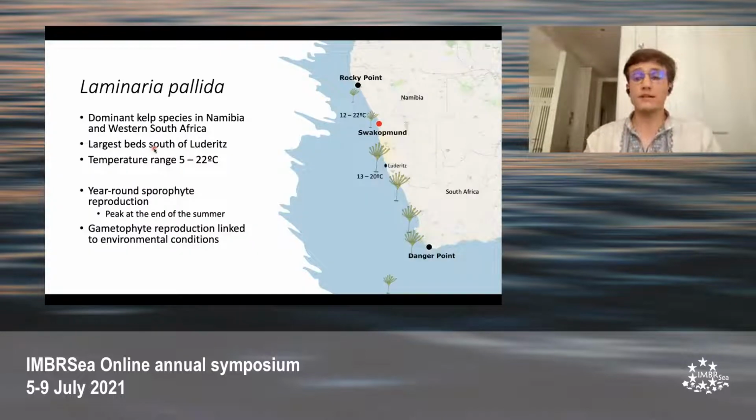So Laminaria pallida is a habitat-forming species and the dominant kelp species in Namibia and Western South Africa, with distributions ranging from Rocky Point in the north to Danger Point in the east, and it's also found in some places in the Southern Ocean. As a result, the temperature range is between about 5 to 22 degrees Celsius, but the